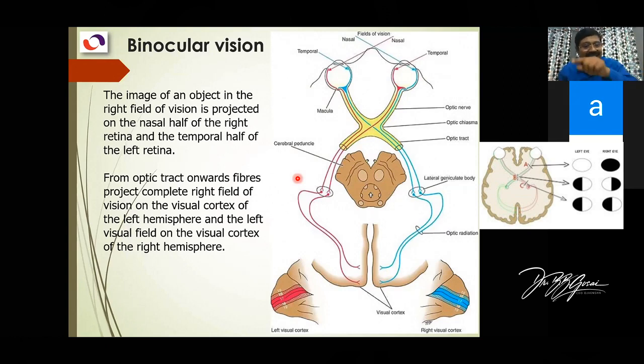Just below this optic chiasma is the third ventricle, and below it is the pituitary gland. So here's the pituitary gland and here's the optic chiasma. With pituitary tumors, when the tumor grows, it will press on the optic chiasma in the center and split it into two parts. So when it's split, the nasal fibers are damaged, not the lateral fibers, unless the tumor is coming from the lateral side. But usually the pituitary tumor growing from below will split the fibers of the optic chiasma in the center, at this point.